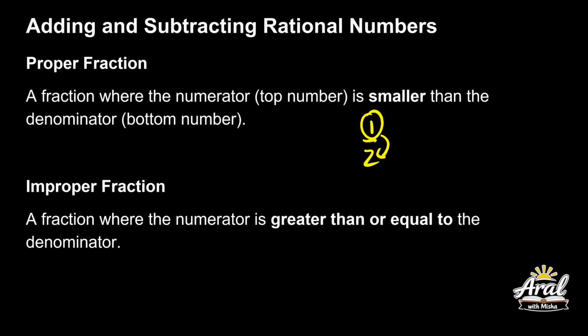Okay, if you have like 3 halves, this is actually an improper fraction where the numerator is greater than or equal to the denominator. So as you can see, 3 is greater than 2. So this is what you call an improper fraction. Okay,